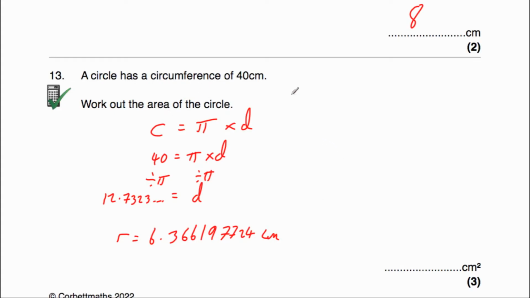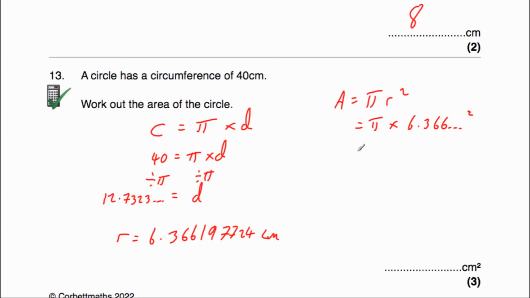Now we want to find the area of the circle, so the area of the circle is given by the formula pi r squared. So we're going to do pi times the radius, which is our 6.366 and so on squared. So I'm going to press that on my calculator, so I'm going to do pi times answer squared, and that